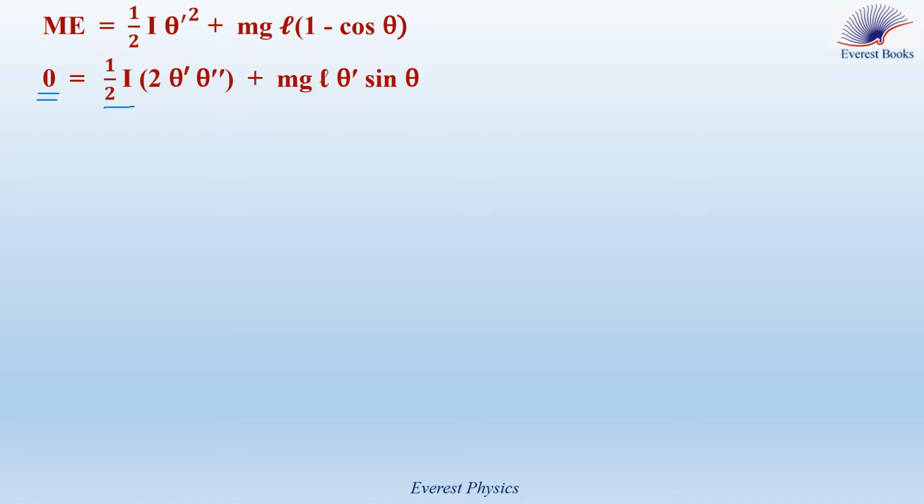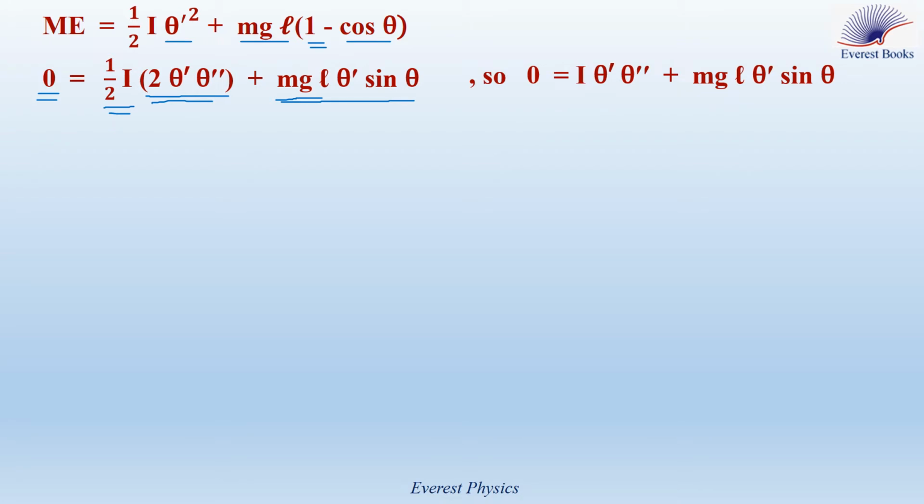1/2 I is constant, so it remains the same. The derivative of the variable theta prime squared with respect to time is 2 theta prime theta double prime. mgL is constant, so it stays the same. The derivative of 1 with respect to time is 0, and the derivative of cosine theta with respect to time is equal to minus theta prime sine theta. So this is going to be mgL theta prime sine theta. The 2 and 1/2 cancel out. Now, we will replace sine theta by theta because the pendulum oscillates with a small amplitude,